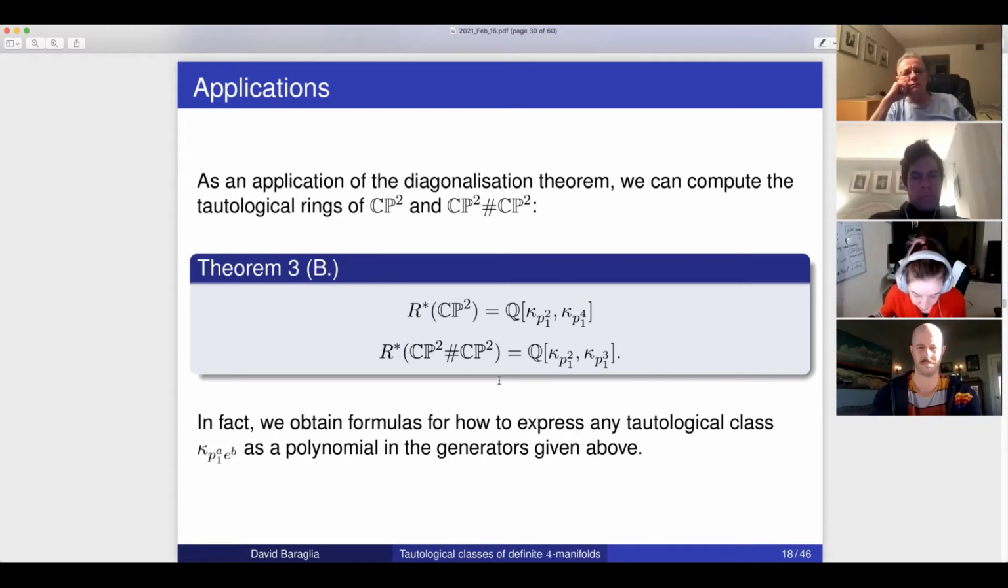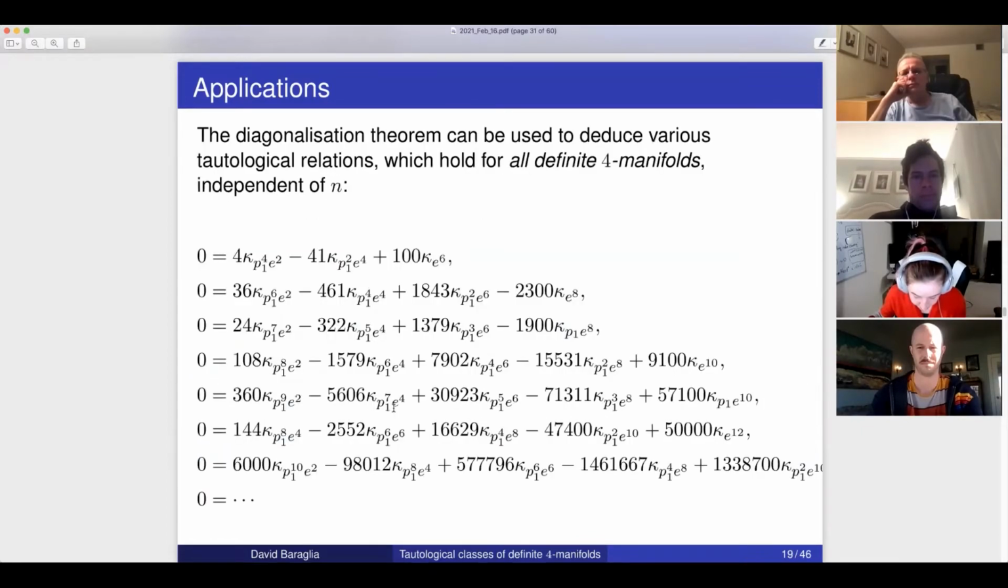I mean, you get something a bit better than that. You get a formula. If I give you a tautological class, you can express it as some polynomial in these guys. Okay, and then another application is you get these tautological relations. I just wrote down a few of them. Basically,